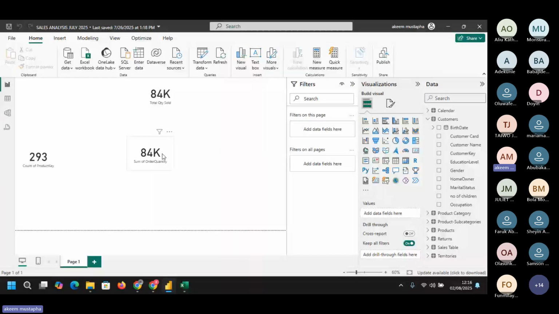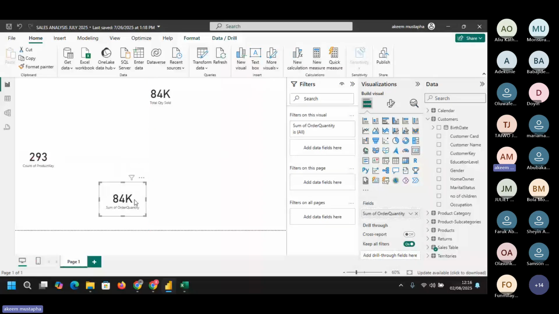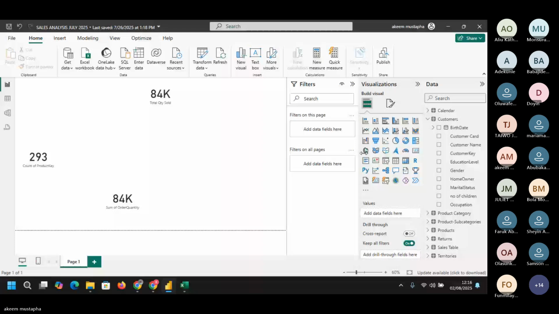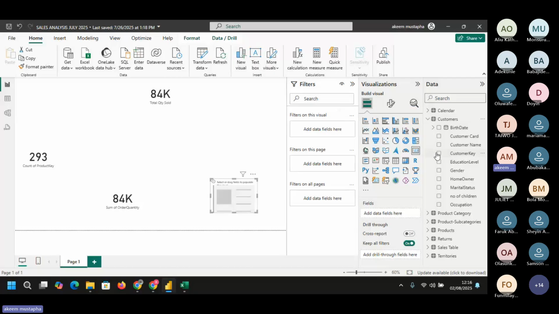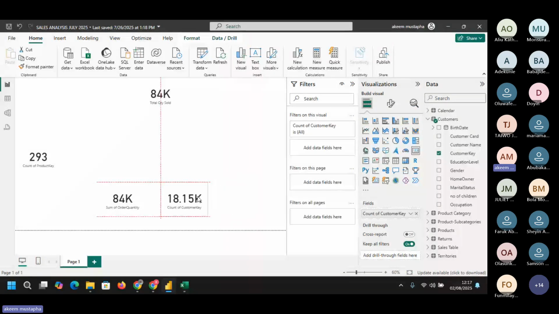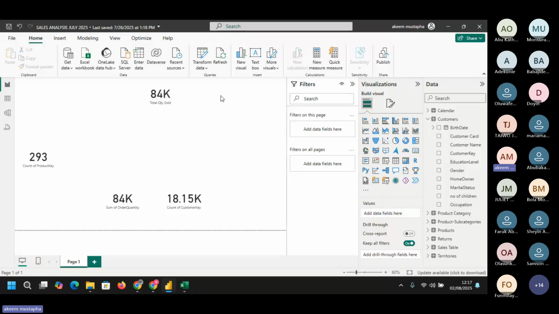Before we do that, I will first use the implicit value. I will bring a card visual here, and I will just put my customer key there. I want to count it. So we've counted our customer key, and that was 18,000. Okay. Now to count the number of customers we have, we are going to use what is called count